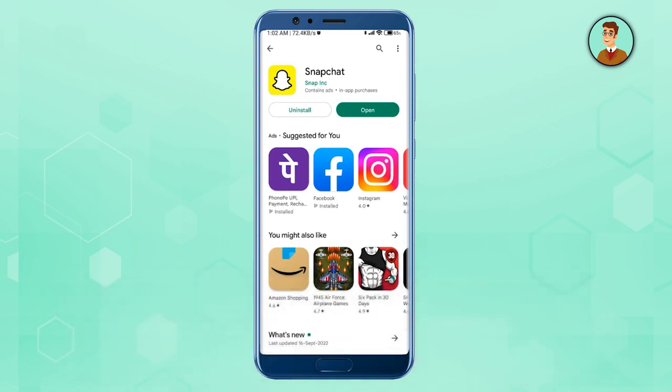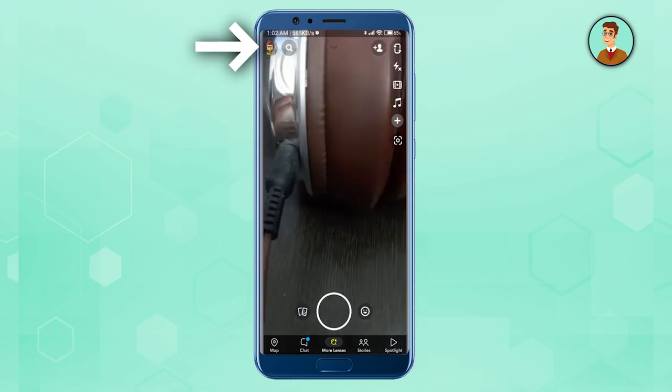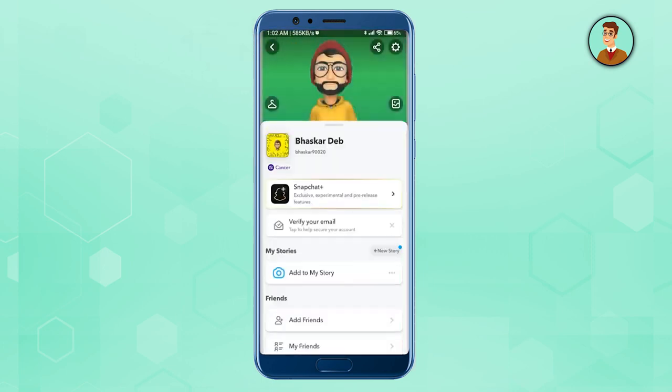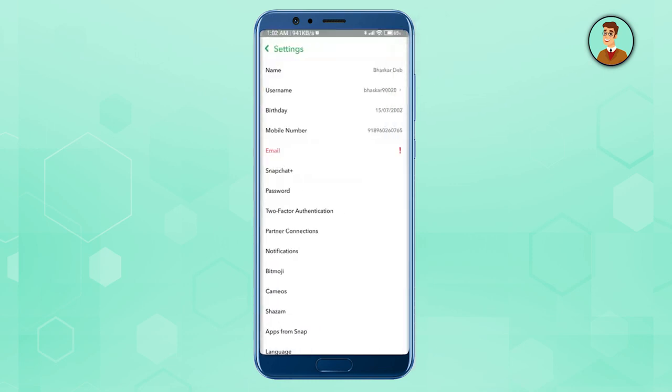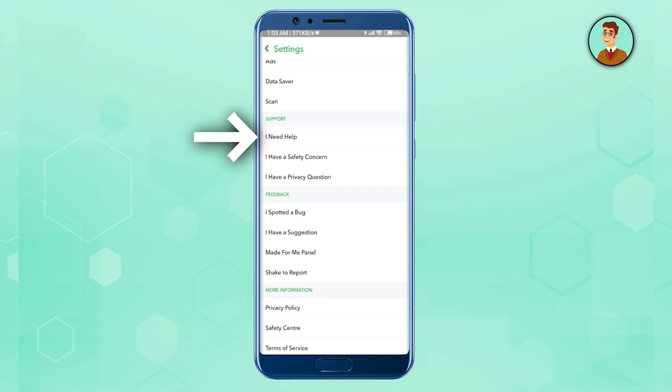So firstly, open up your Snapchat, then go to your profile at the top left corner, then again click at the setting at the top right corner, then just scroll down until you find support. When you reach support, just click on I need help,